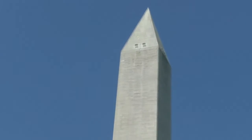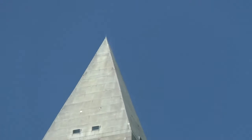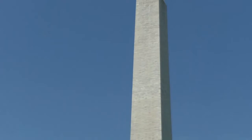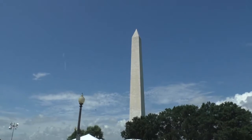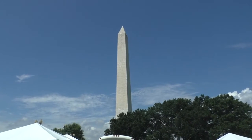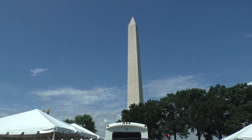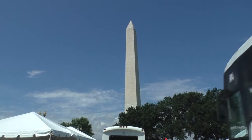But I do like to describe the construction in terms of 2 phases: before and after the U.S. Civil War. So before the Civil War, all the marble, all the material came from a local quarry in Maryland. At the outbreak of the Civil War, construction halted, and in fact the ground surrounding the Washington Monument was converted into a slaughter yard where cows, sheep, and pigs were killed in order to feed the Army of the Potomac, the Union Northern Forces. At the end of the U.S. Civil War, responsibility for completing the Washington Monument was given to a gentleman named Thomas Casey. And if you'll remember, his son